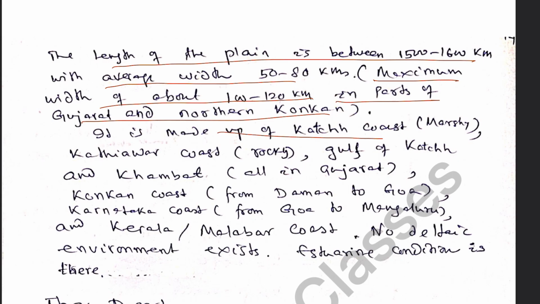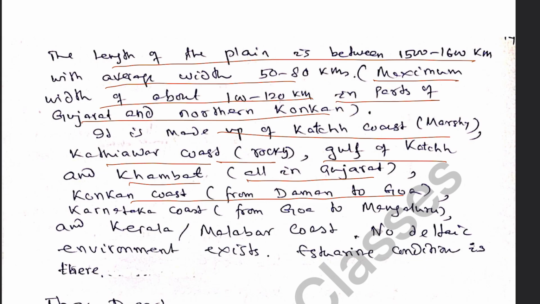It is made up of the Kutch coast, which is marshy, the Kathiawar coast, which is rocky, the Gulf of Kutch and Khambhat in Gujarat, the Konkan coast up to Goa, the Karnataka coast from Goa to Mangalore, and the Kerala or Malabar coast, which is the southern part of the